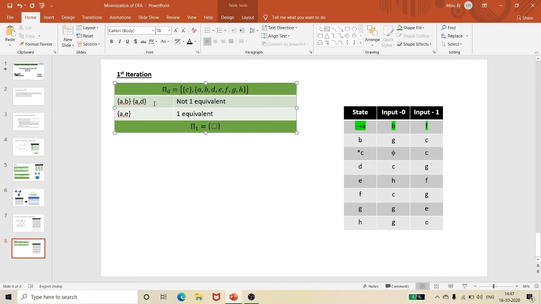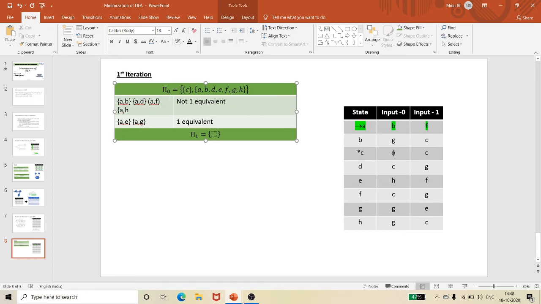So A comma F is not equivalent. Then A with G: B and G are in one set, F and E belong to one set, so A comma G is a definite pair. Then A with H: G and C come, and C doesn't fit anywhere. So A comma H is not equivalent.